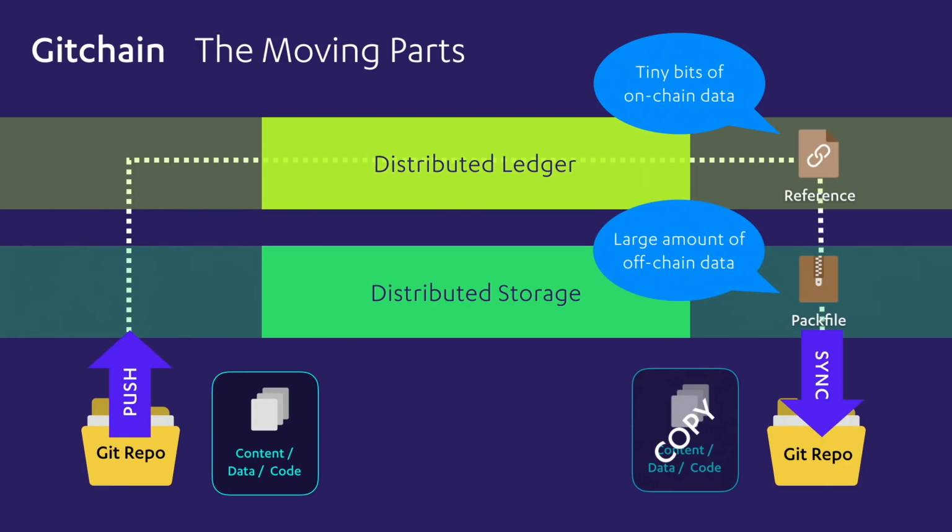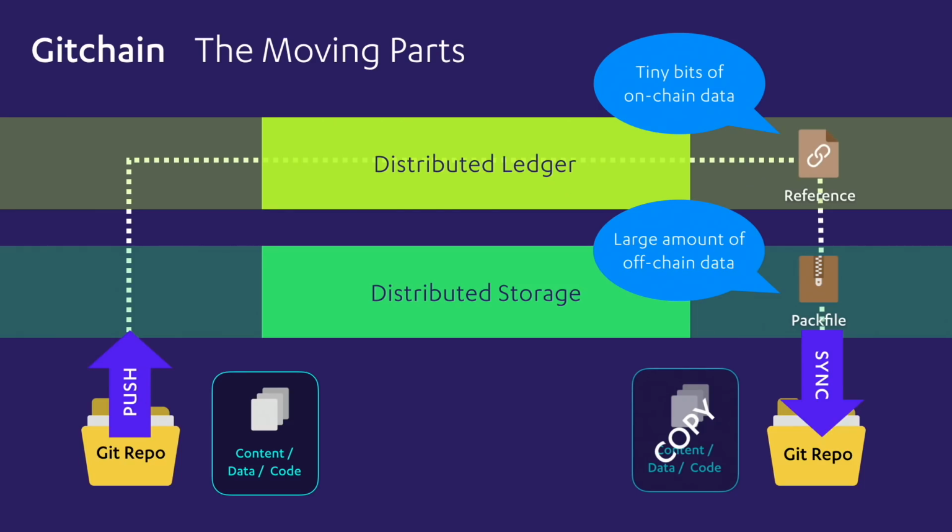The majority of the data is considered off-chain, which is not on the distributed ledger, but it can be in a distributed storage. This distributed storage can handle megabytes, gigabytes, in some cases terabytes of data. And if you chop up the pack file more, either naturally or using some other mechanism that's in the storage space, you can theoretically store any amount of data off-chain, and just use that tiny bit of on-chain data to recreate the instructions for each of these Git repositories and the Git software running to recreate that content, data, and code.